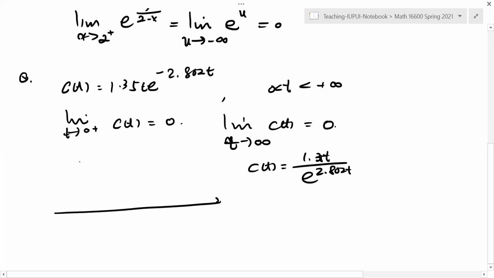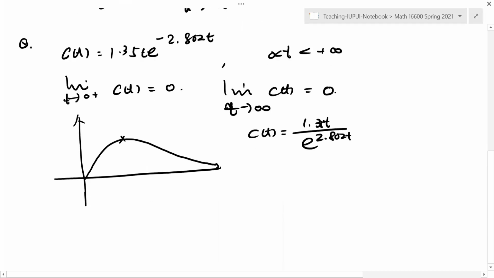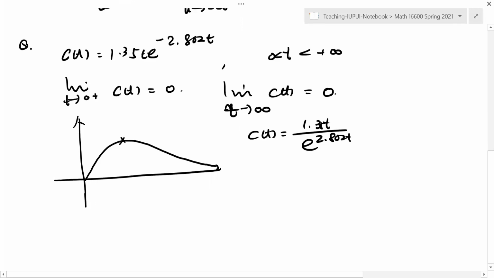Then in between, on the whole line, the function is positive. So if we draw the graph, it looks like that, maybe a bump up in between. So somewhere there should be a maximum value. To find the maximum value,